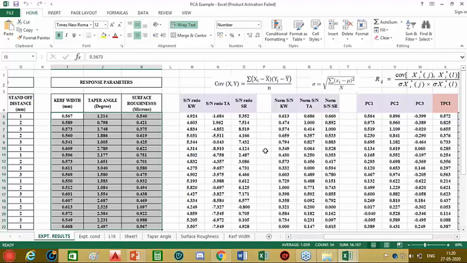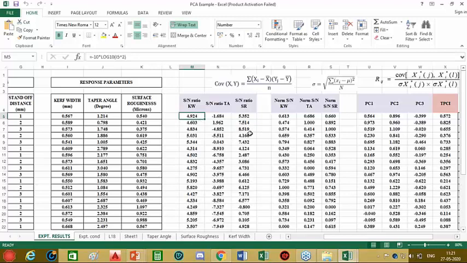The next task is that we have to find the SN ratios. Just like the Taguchi method, here also our objective is to design a robust process. Therefore, we will not use the actual values of the responses, but we will use the SN ratios of those responses. So here we consider the SN ratios for these three responses. Again, we use the same formula which we discussed in the Taguchi method. Since all the three objectives are required to be minimized, by using this formula we can find the SN ratios for these three responses.